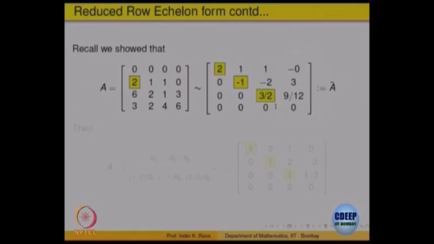I want to change it to reduced row echelon form. So, what should be the first step? This pivot should be made as 1. In the first row the pivot entry is 2, that should be made as 1. So, how do I make it 1? Divide the first row by 2, right. So, the operation should be divide the first row by 2. So, that will make it 1, and then how do I make this as 1? Divide by -1, and this one divide by 3 by 2. So, all the pivots will become 1.